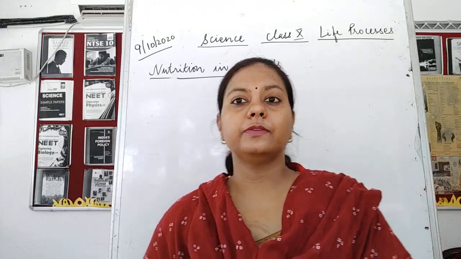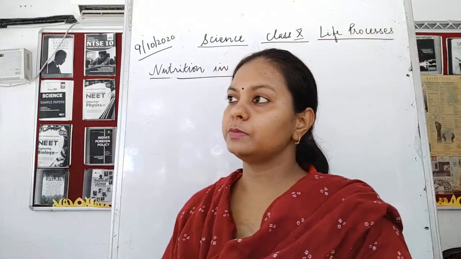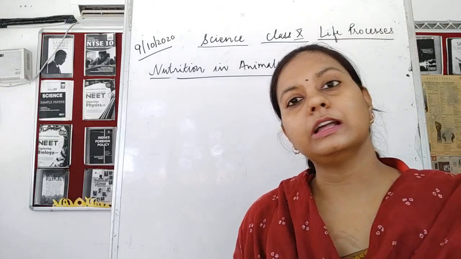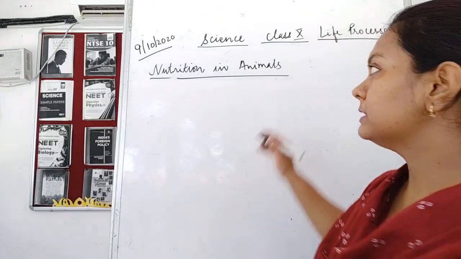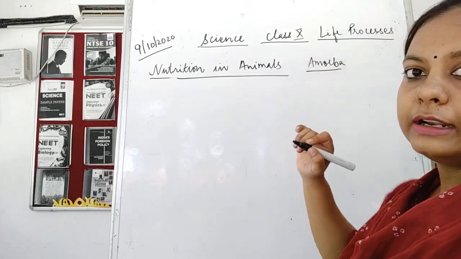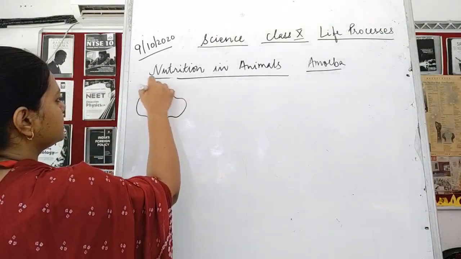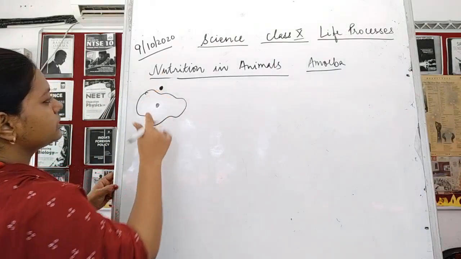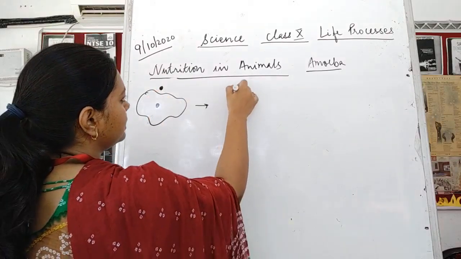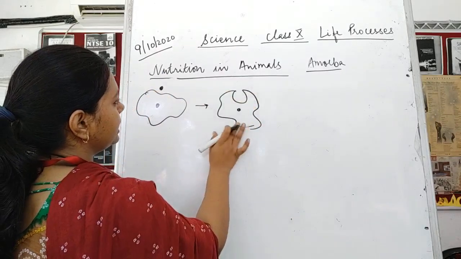Then after that, we have seen the nutrition in animals. In the last class, I discussed the nutrition in two types of animals. One is the lower animals and the other is the higher animals. So in lower animals, we have discussed the amoeba. So children, we saw that for amoeba, once the food is present near the amoeba, what happens? As soon as it senses the food, it goes near to that food. Then once it reaches near that food, it starts extending its structure and this is said to be